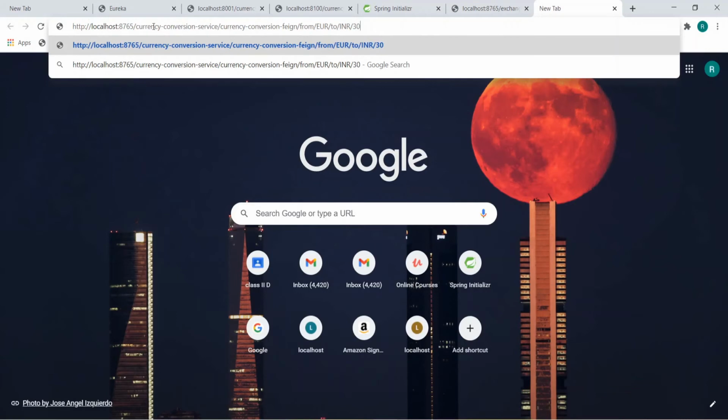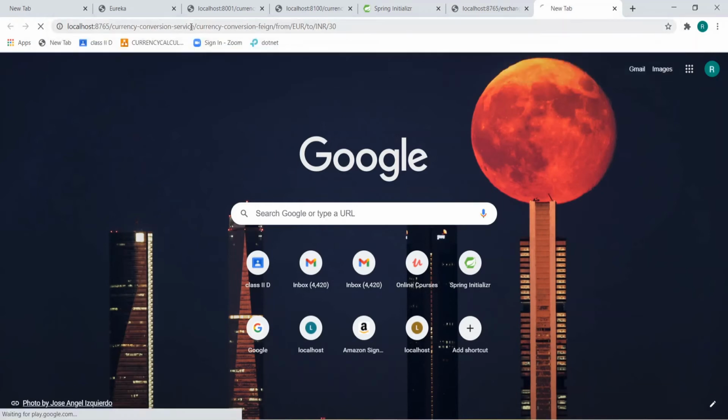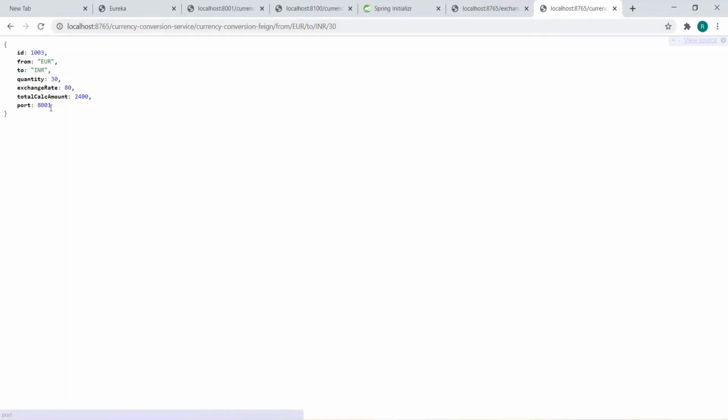This URL request first has to go through the API Zuul gateway server, and from there the currency conversion service will get called, and from there we will be calling the currency exchange service. Press enter. Yes, the same output, but the request is now going through the Zuul API gateway server.